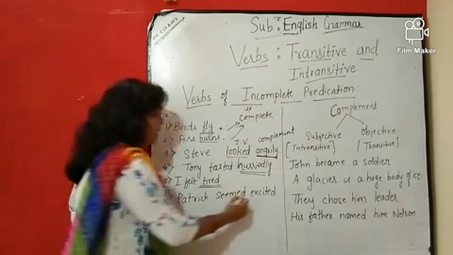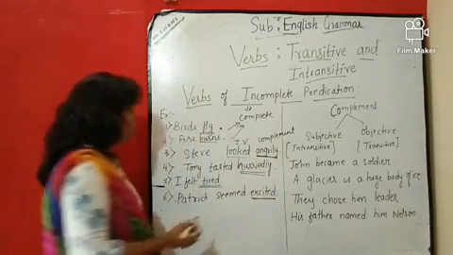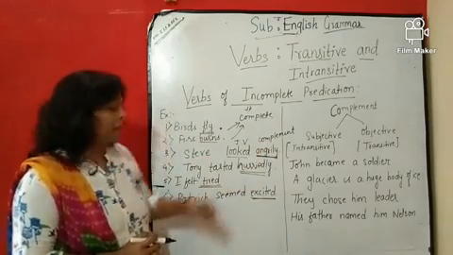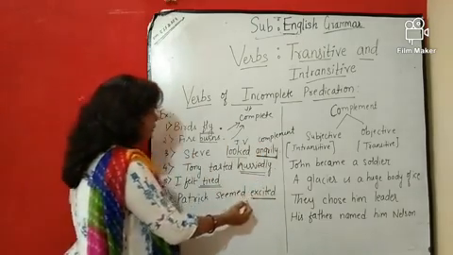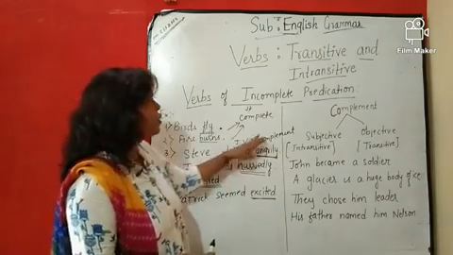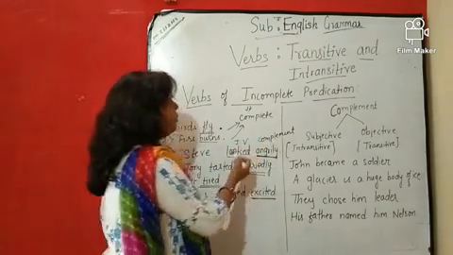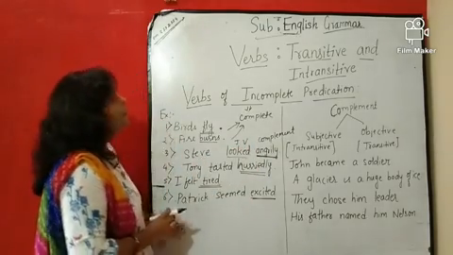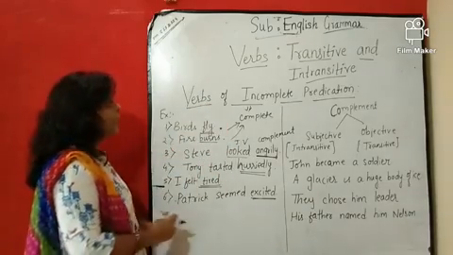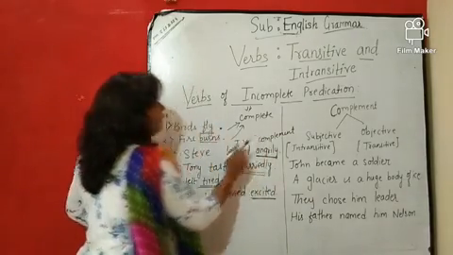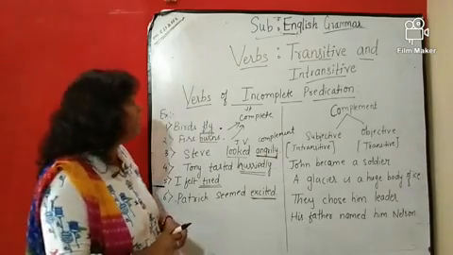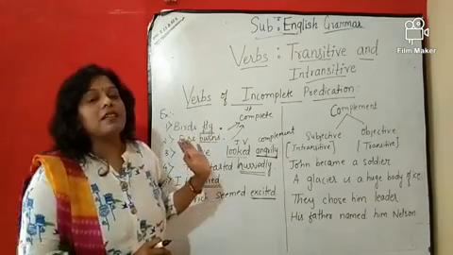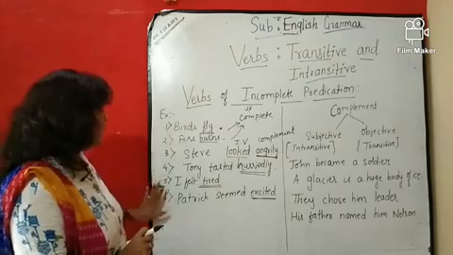Patrick seemed, again excited. Excited again is a complement. ठीक है ना, Patrick seemed excited. Again, excited is a complement. So all these are the complements of intransitive verbs. Okay, so whenever in a sentence we require a complement, then it is called the intransitive verb of incomplete predication. And if there is no complement, that is the transitive verb of complete predication. Like this we are going to say.